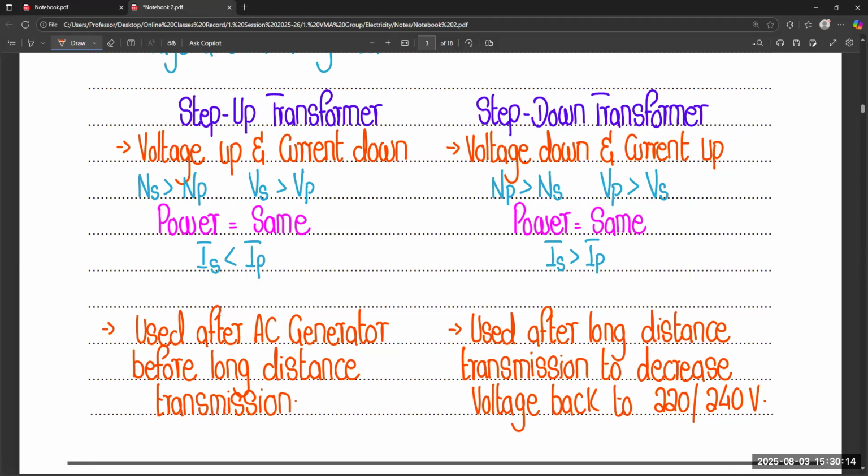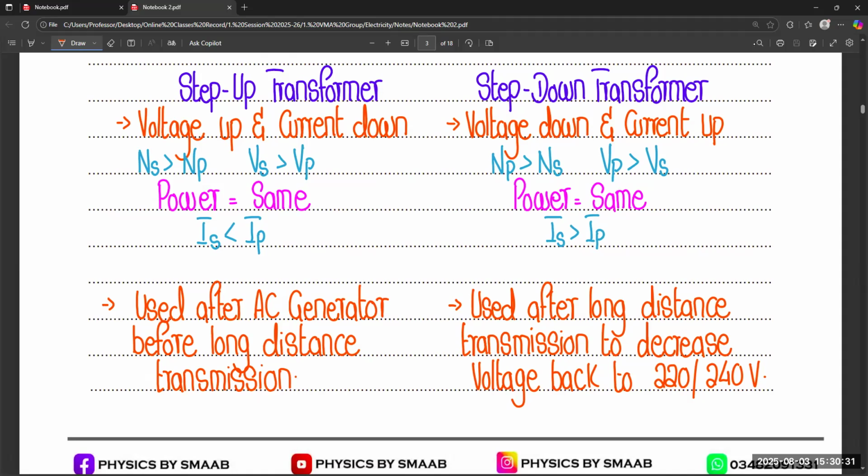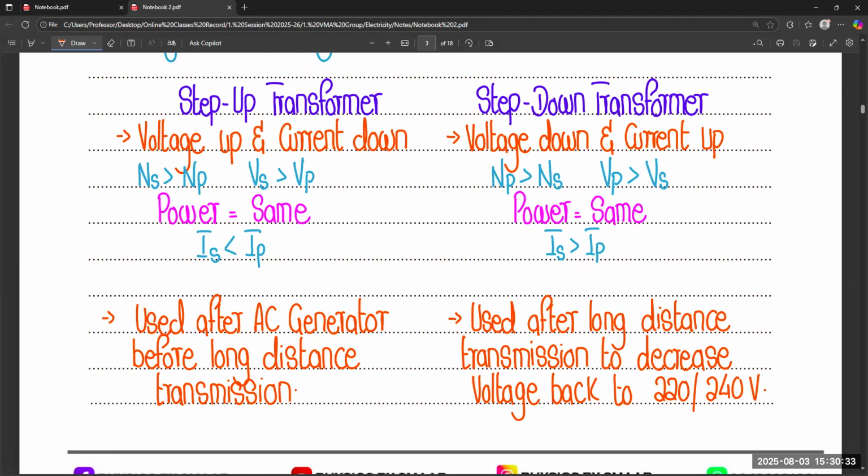And according to the concept we discussed in the difference, the number of turns is directly proportional to the voltage. So it means that if we increase the number of turns in the primary or secondary coil, you will get a greater value of voltage over there. So for example, if we apply the formula according to this concept,